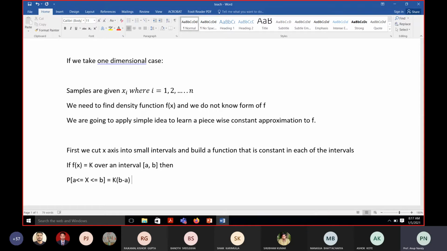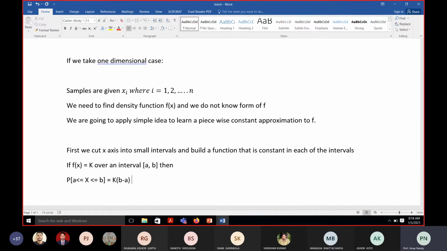So I think you have seen all these things in your integration part, no? If you find a definite integral in the range a to b, we are going to have the upper rectangle and the lower rectangle. This way you can find a piecewise constant approximation of f.